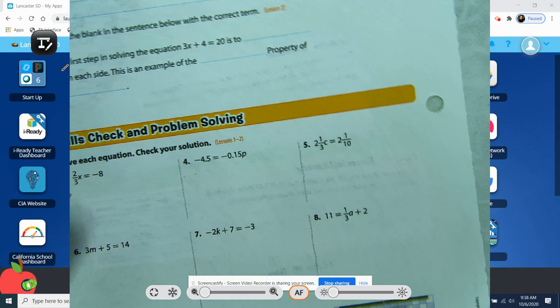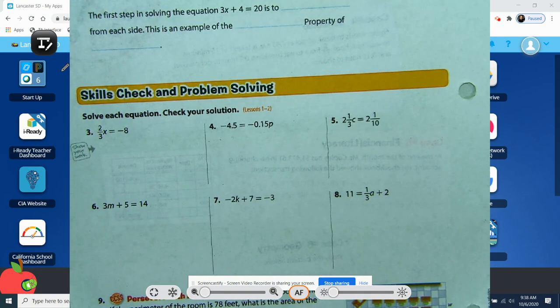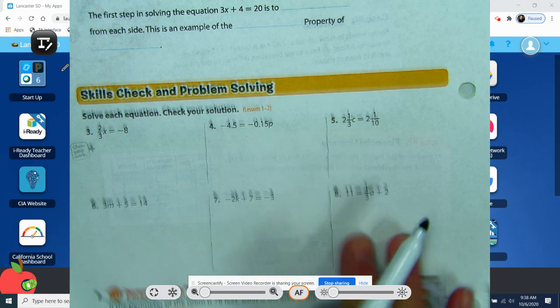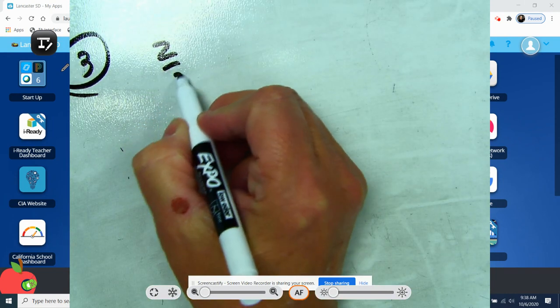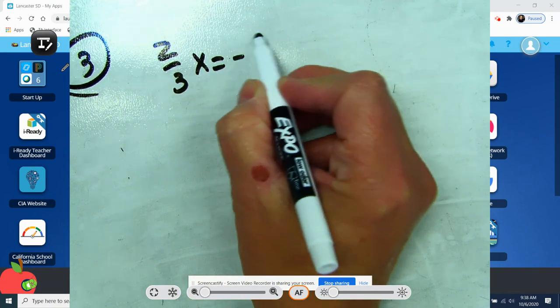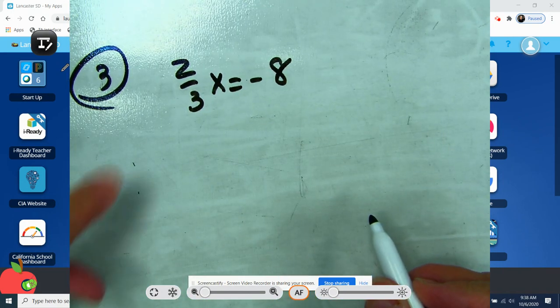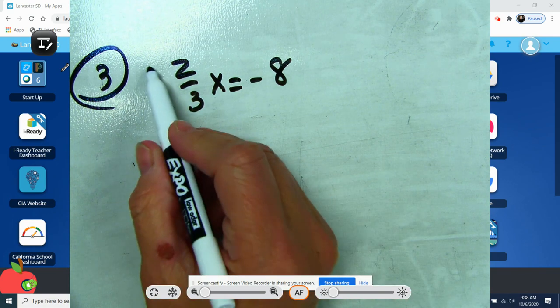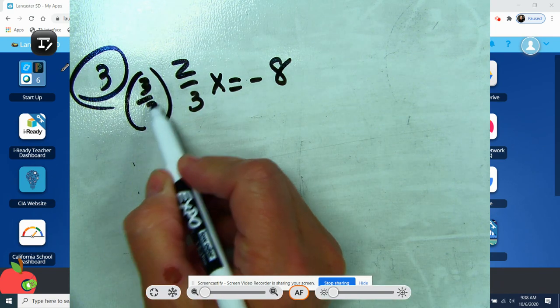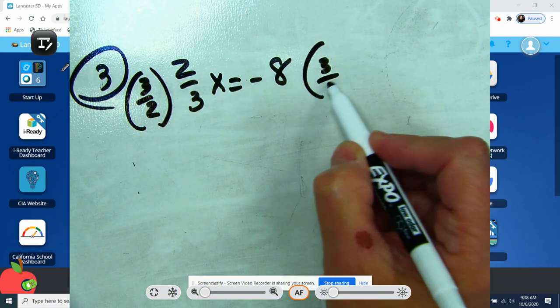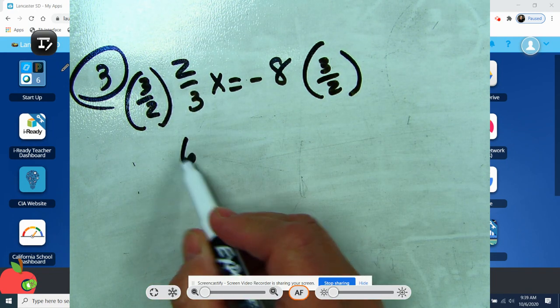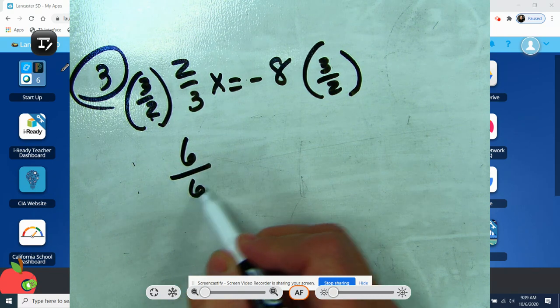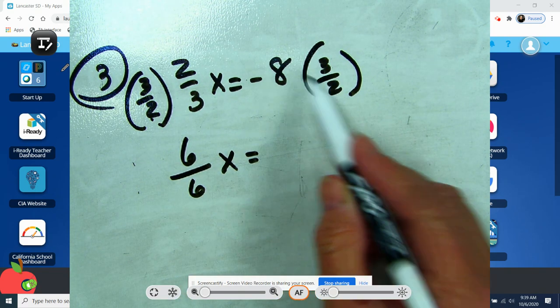All right, moving on. Number 3, you have 2/3 x equals -8. The multiplicative inverse of 2/3 is 3/2. So you're going to multiply each side by 3/2. Why did we do this? Because 3 times 2 is 6. 2 times 3 is 6. And then you have